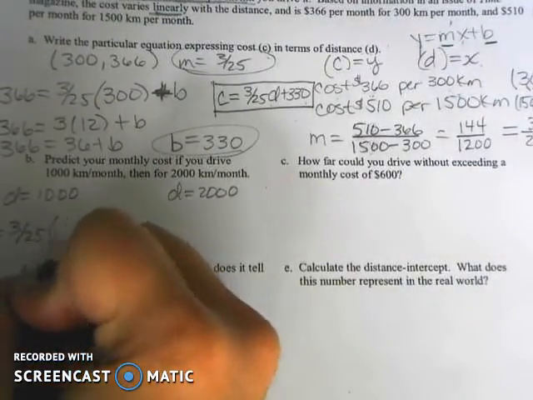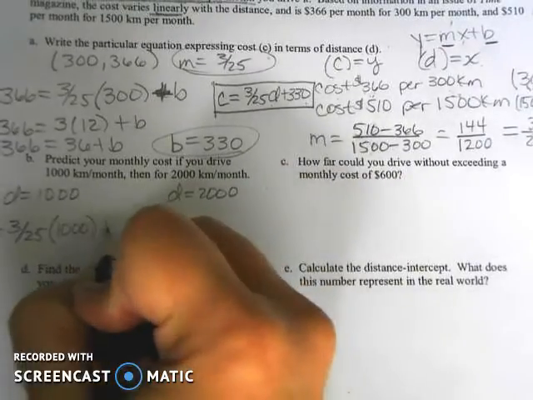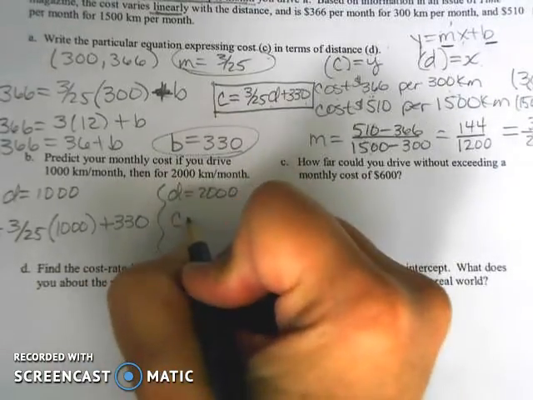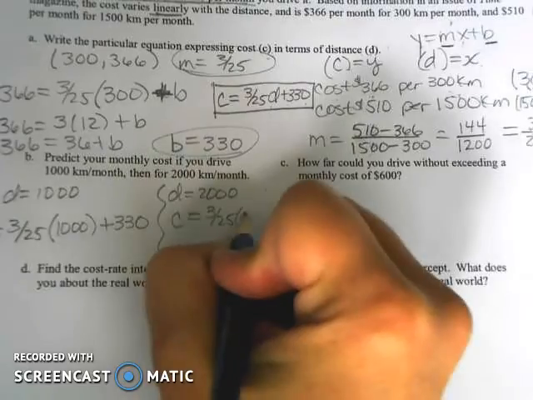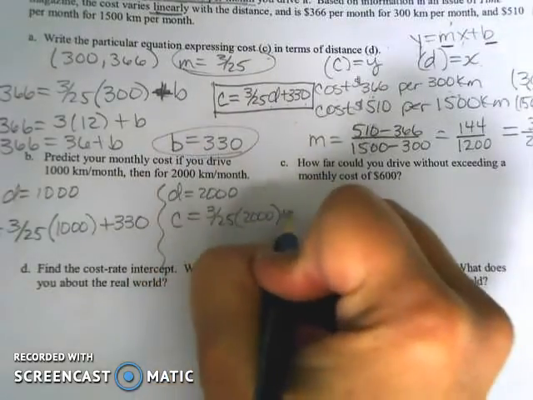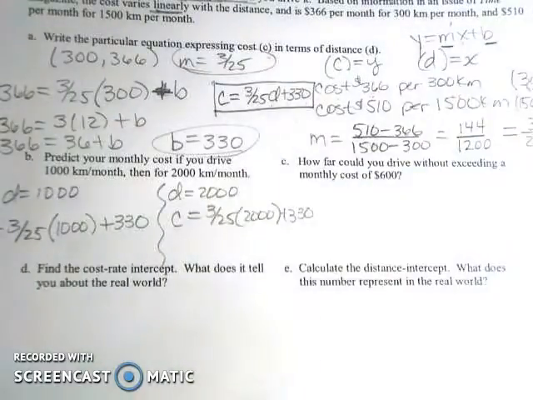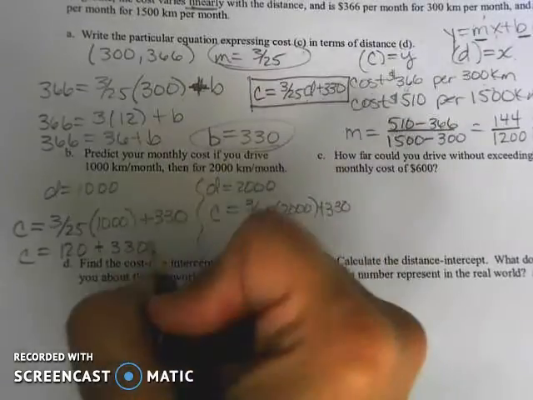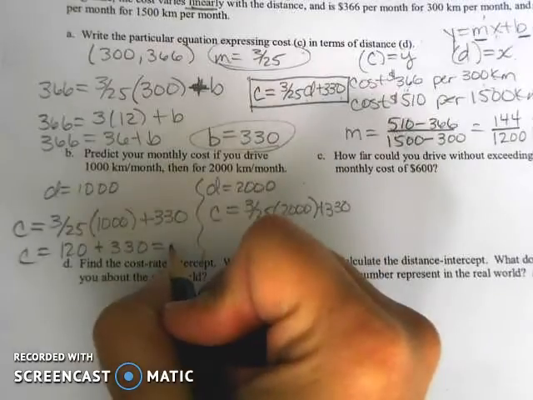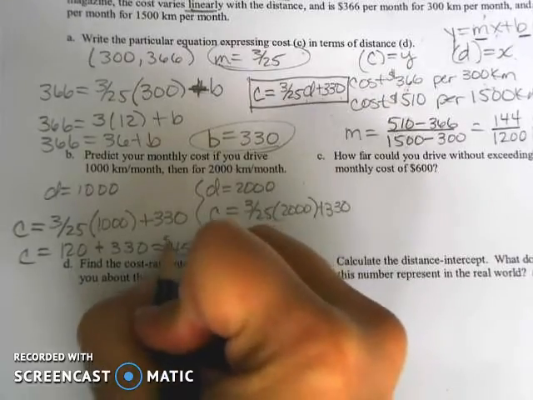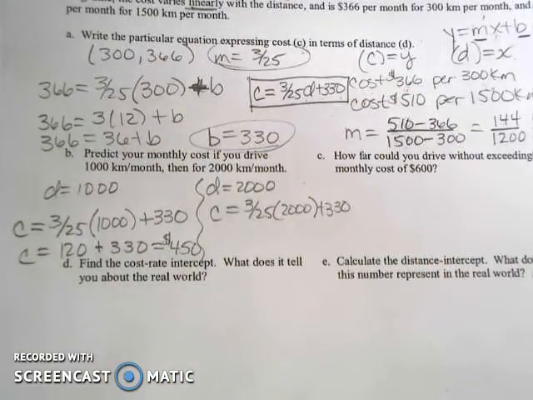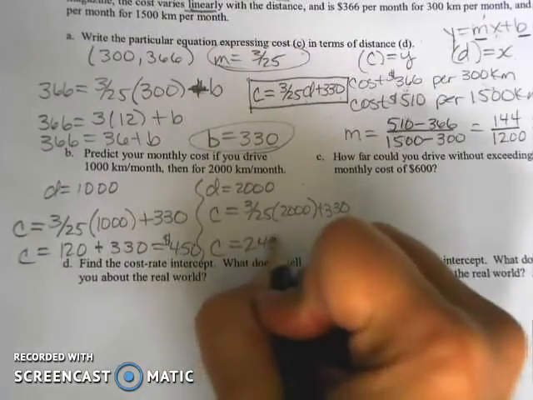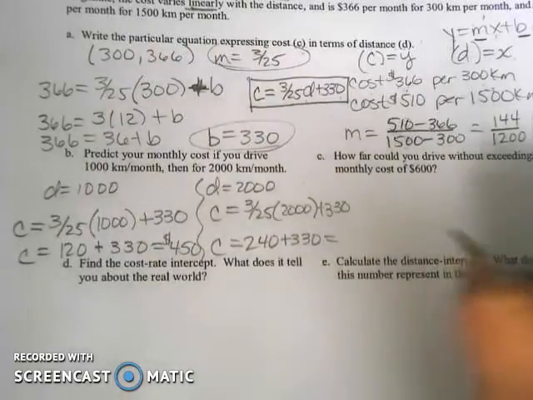I'm going to replace the D with 1,000 over here, and I'm going to replace the D with 2,000 over here. And then I can calculate my cost. So I'm going to get a cost of 120 plus 330, which is actually a total cost of $450 when I drive 1,000 kilometers. For here, I'm going to get a cost of 240 plus 330, which is a total cost of